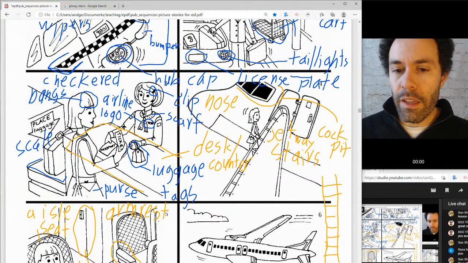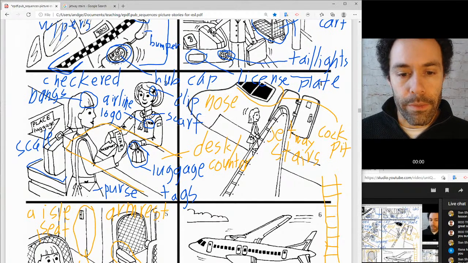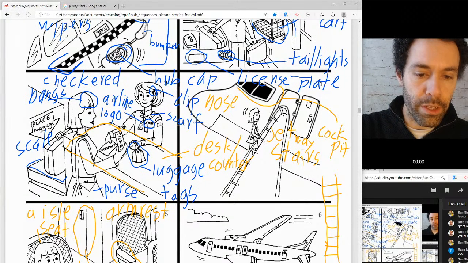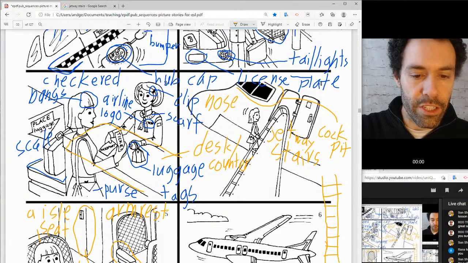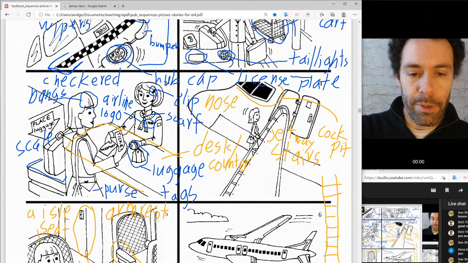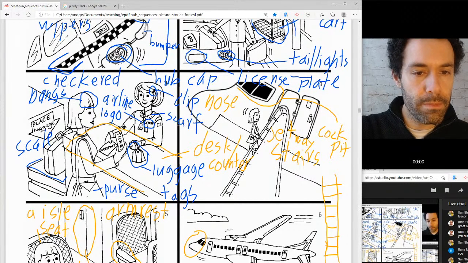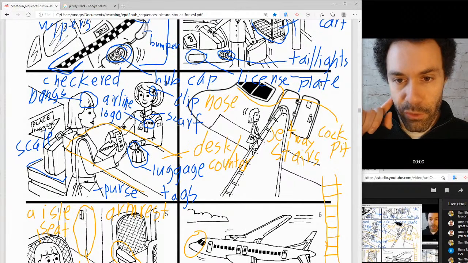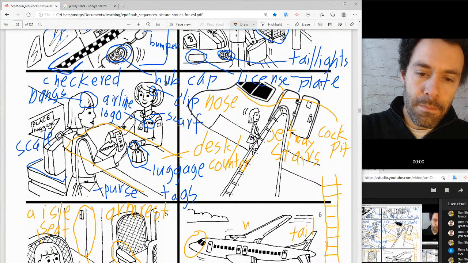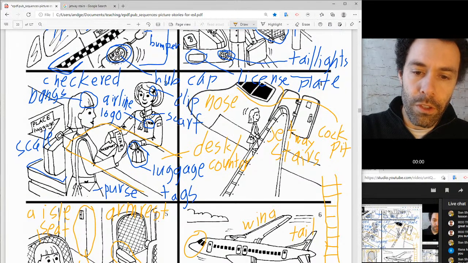All right, and then in our last one, so we can actually see our plane. What are some of the parts of the plane that we can see? Well, we can see there's the engine. You can see two engines, so twin jet engines. We can see our cockpit. We can see the nose of the plane up front, just like we saw in picture 4 above. In the back of the plane, you can see the tail of the plane. You can also see the wings of the plane